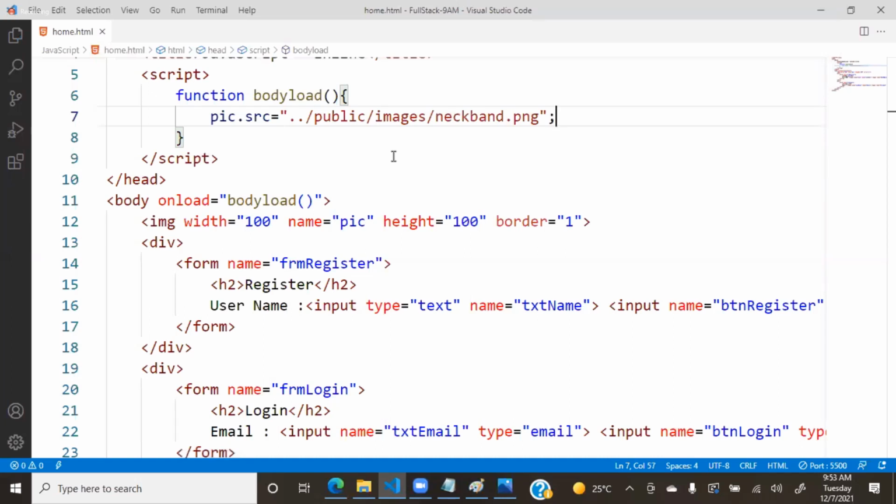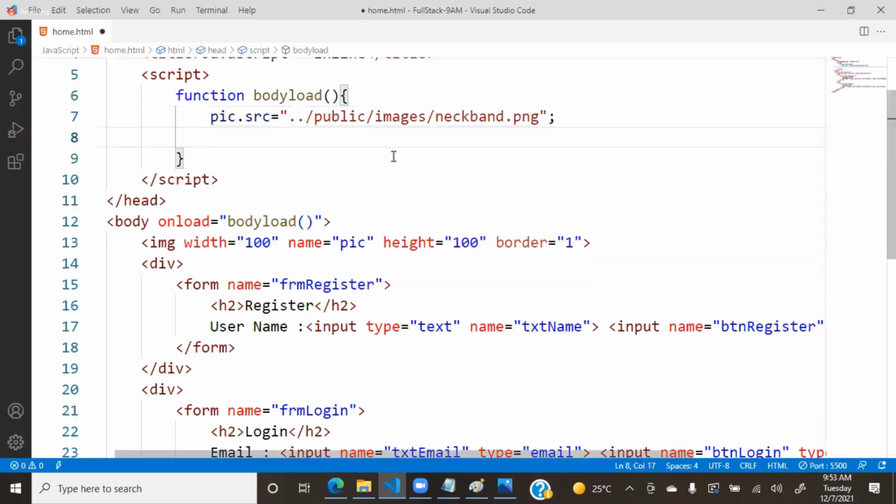But this also has a problem. Now, what is the problem in this? Referring by name is good. Even if you change the position, it will work properly. But the problem here is if you are trying to refer to a child element without referring to its parent, you cannot refer to it directly. That means I have to refer to the register button. What is the name of the register button? btnRegister.value is equal to what? Register. Now it is not working